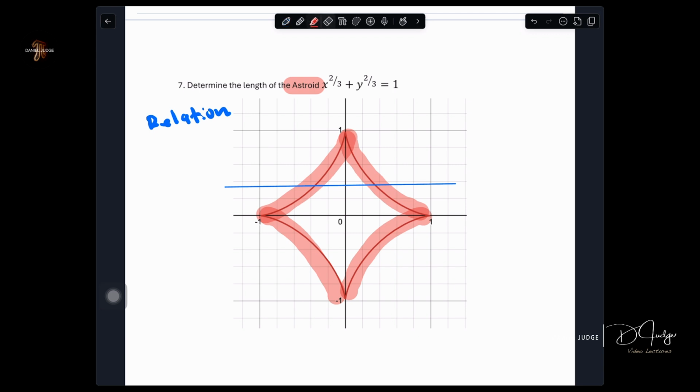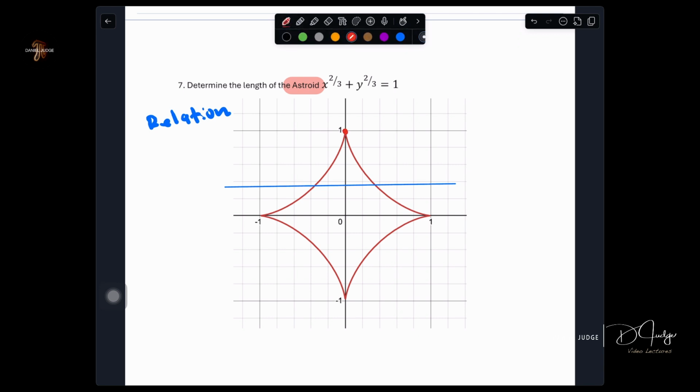Well, here's what we're going to do. We're going to find the distance here between these 2 points. This will be what we're looking for. This is our S. We're going to try to find that here. Okay, arc length here, S. And if I can find that distance, arc length, because of symmetry of this curve of the asteroid, it's really going to be 4 times